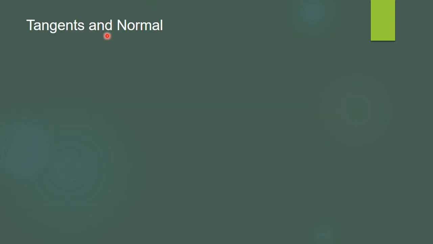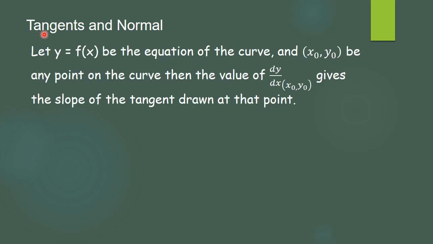The application of derivatives for the normal and tangents. Now, what is meant by the tangent? It is a line which intersects the curve at one and only one point. If y is equal to f of x be the equation of the curve and (x0, y0) be any point on the curve, then the value of dy by dx at (x0, y0) gives us the slope of a tangent drawn at that point. We have studied this when we studied the geometrical interpretation of the